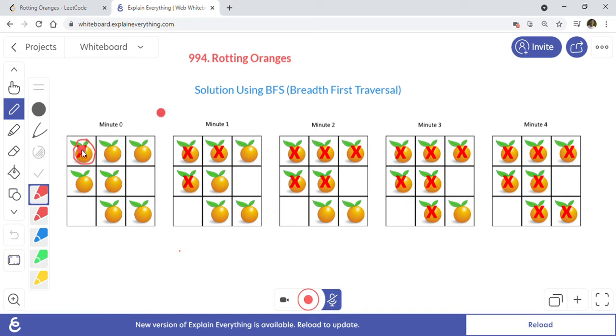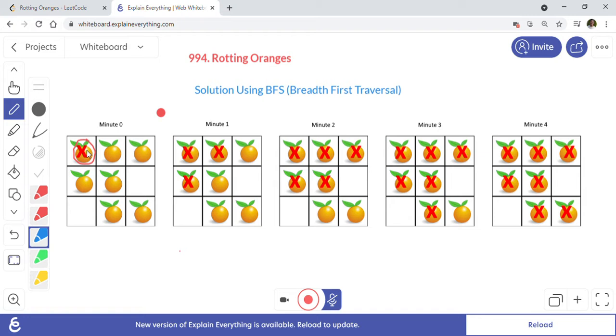We are going to traverse in all four directions every minute, and check if there are any oranges that can become rotten. Every minute the rotten orange will start spreading, you can say, a bacteria or something in the air, and the adjacent cells in the four directions will become rotten.